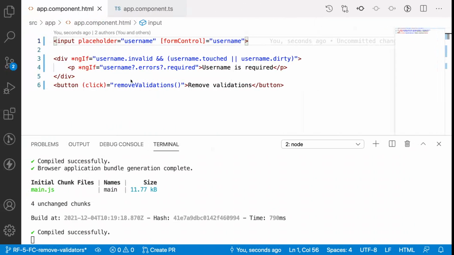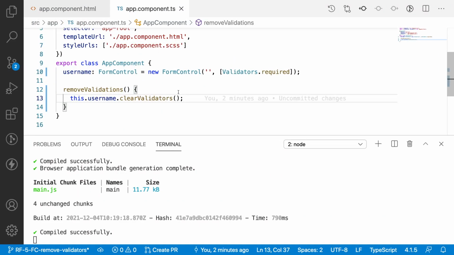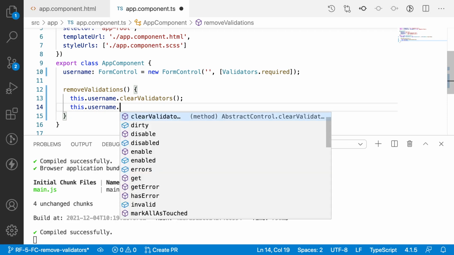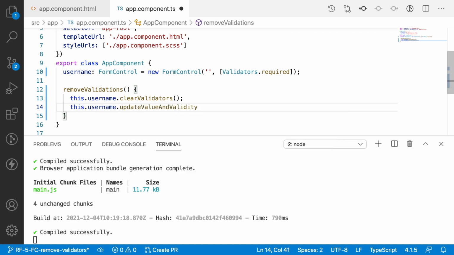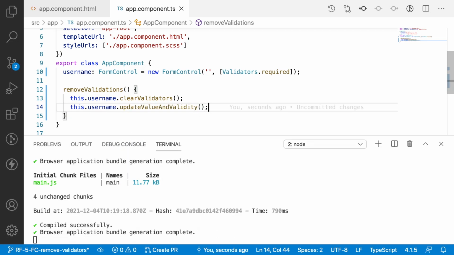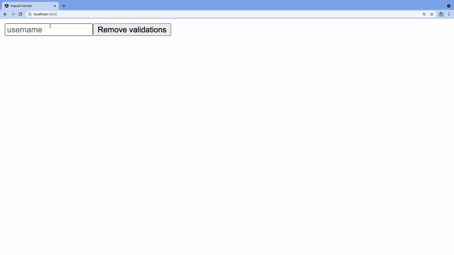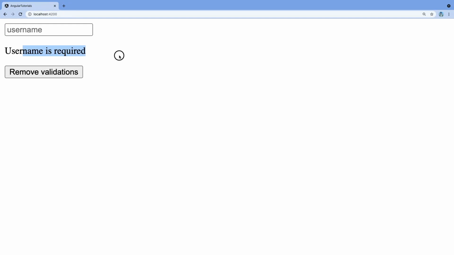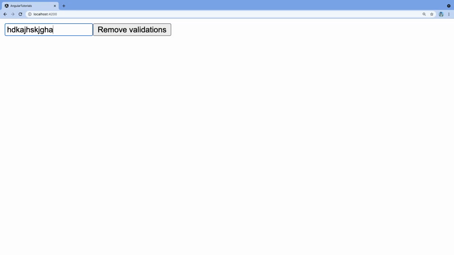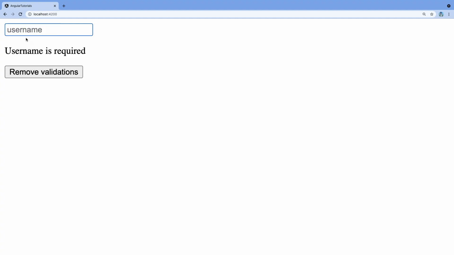Why? Because as per our previous video, whenever we change some validation, we have to invoke another method called updateValueAndValidity. This will apply our validations immediately to our username control, and then it will be reflected in your HTML content. Let me go back now and click here, come outside: username is required. Let me change some value: username is required has gone. Let me remove this: when the username is empty, again we are showing username is required.